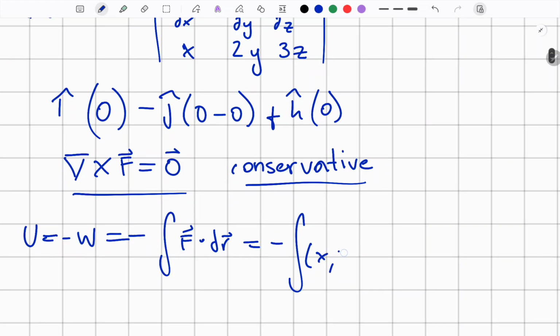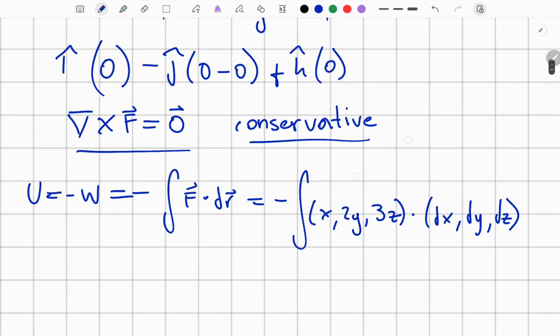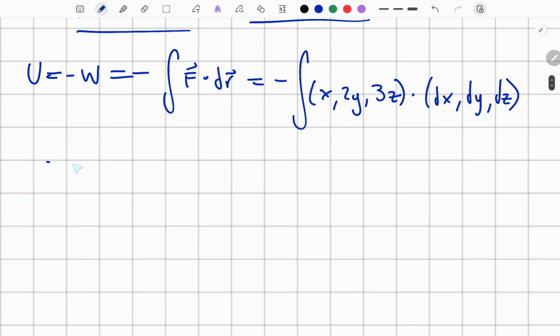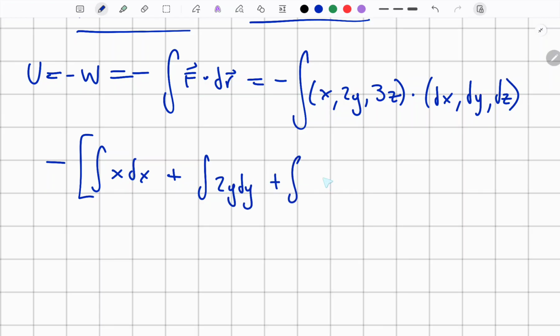x, 2y, 3z dot dx, dy, dz. So that's going to be negative the integral of x dx plus the integral of 2y dy plus the integral of 3z dz,